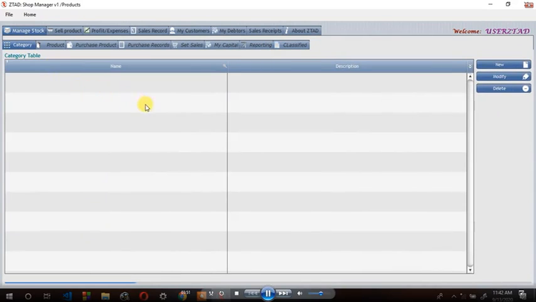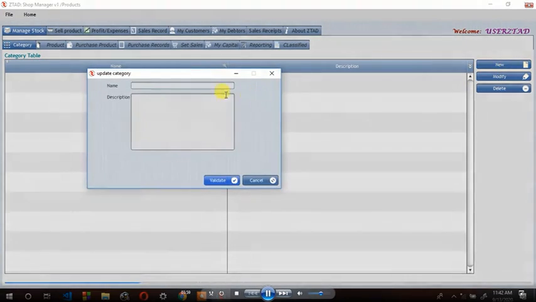So let's just demonstrate with one product for this illustration. I'm going to create a category. Let's say I'm working in a liquor store. I'm going to create a new one, and I have to create a category for beer. Let's say soft drinks, not soft, I could say lager. You can validate,